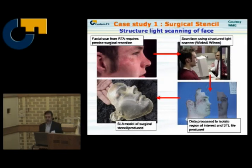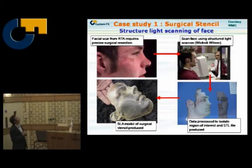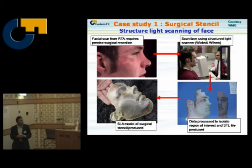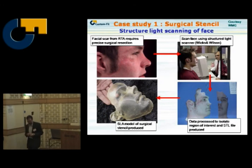Here's some case studies. Chris might remember these because he was involved in the scanning work. This is a structured light scanning project we did with a chap who'd been involved in a car accident in his early teens. And then as he got to grow older, he got more self-conscious of this scarring. And so we, together with a plastic surgeon, worked on a project to try and generate a stencil through which the surgeon could operate and carefully reset this tissue to generate a perfect result,